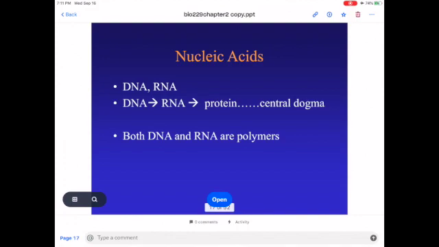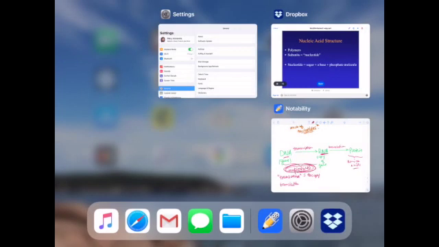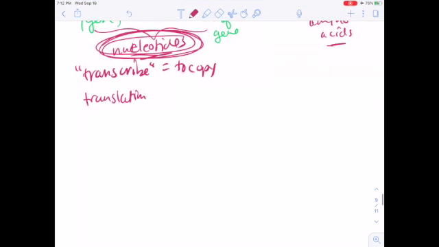So both DNA and RNA are polymers, meaning they're really big molecules made up of a bunch of smaller molecules all linked together. So nucleic acids, DNA, and RNA are the polymers. The subunit, or the monomer, is a nucleotide. And a nucleotide is made up of 3 parts: a sugar, a nitrogenous base, and a phosphate molecule. So let's just write that down. A nucleotide